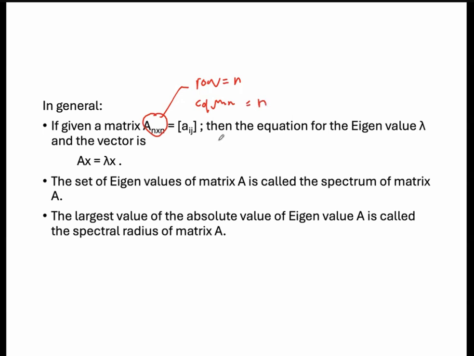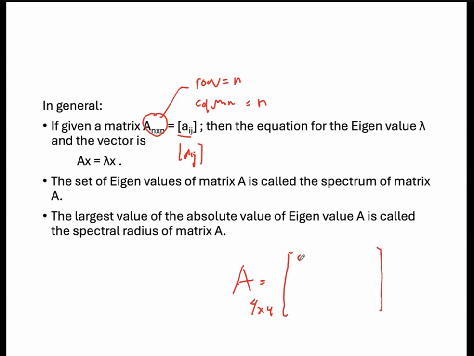Okay, and for simplification, we can write the matrix as Aij. For example, if we have a matrix where the number of rows is 4 and number of columns is 4,